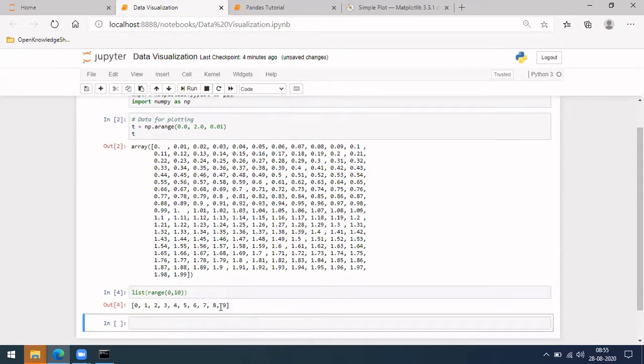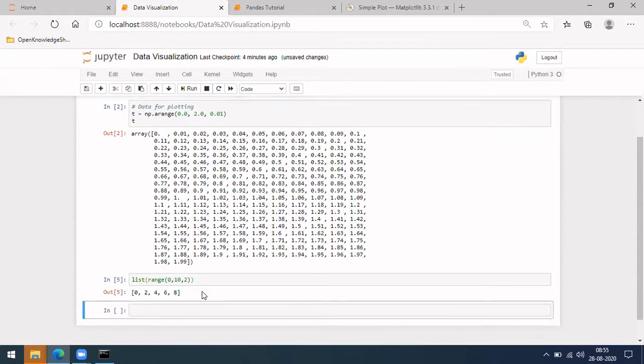If you see, it will be 0 to 10. You can also specify how much difference it should make. If you do it this way, it will be skipping two at a time, like 0, 2, 4, 6. The step you want to make, you can specify here.